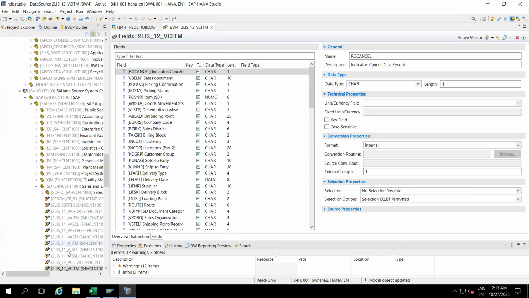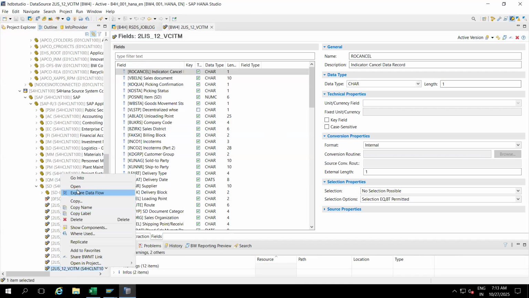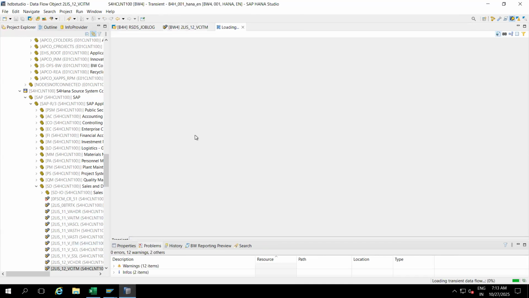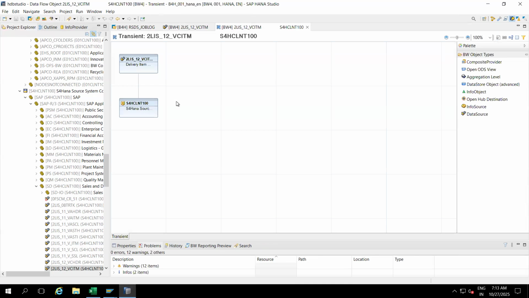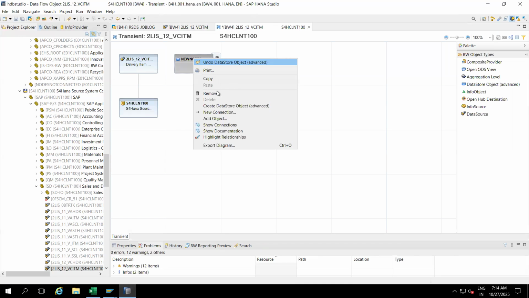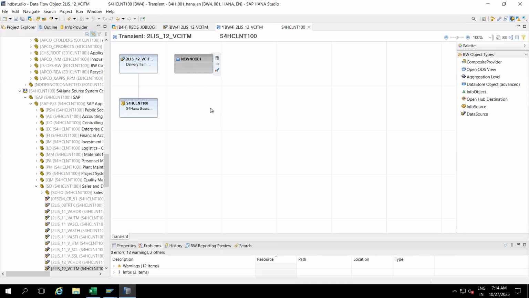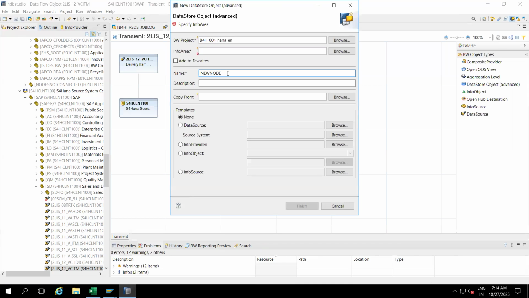Now what you'll do is right click and go to data flow. I'm going to explore the data flow. So I'm here, and what I will do is simply drag and drop my ADSO. I'm going to create an ADSO. So what is my data source name? Based on your structure, based on your architecture, you need to give the data source name. For example,